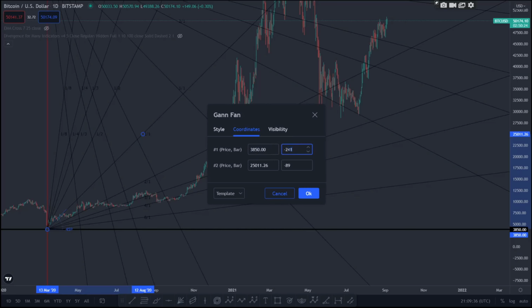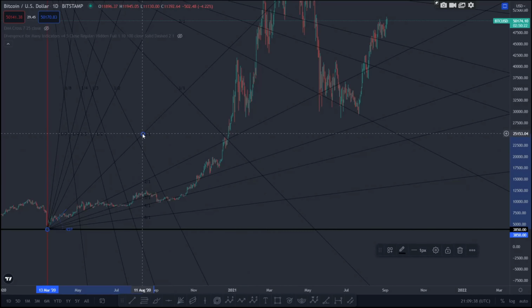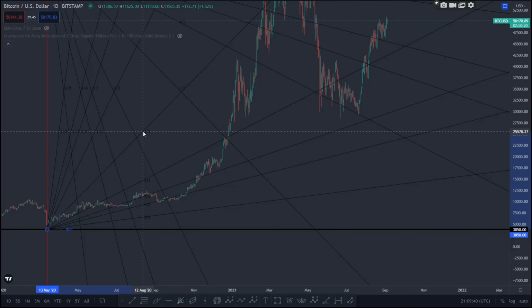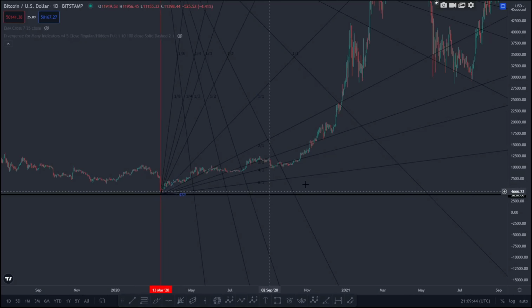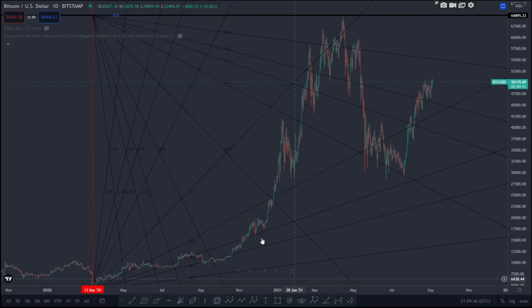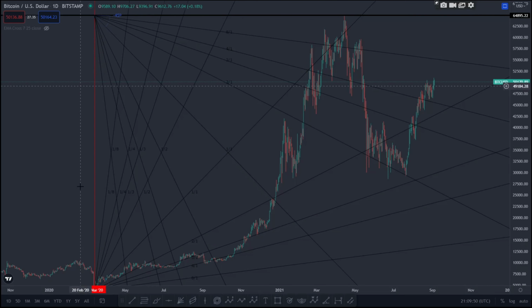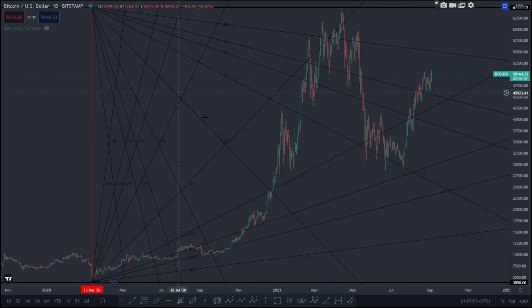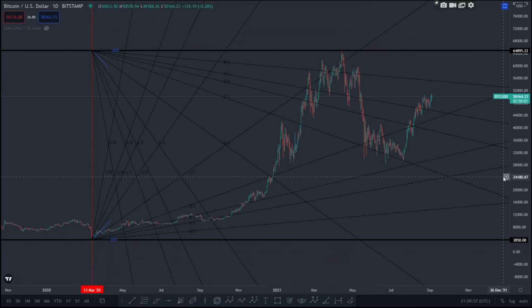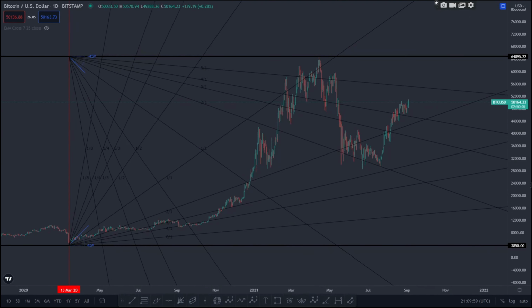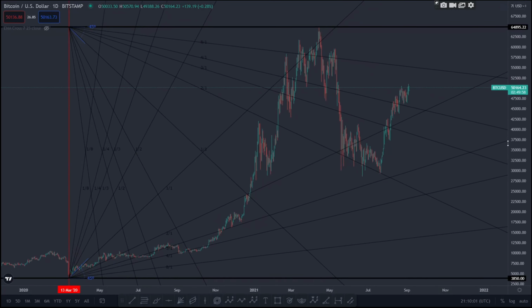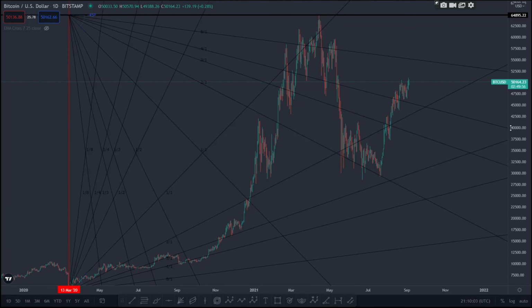This is the low, this is the vertical, and now you want to take the 1 to 1 and place it on the 45-degree angle. Yeah, like this. So now both trend angles, just let me delete this one, both trend angles are aligned with the 1 to 1. All right, now you may zoom, because it won't matter, the Gann fans will stay in their place. You don't believe me? I will show you. Take a horizontal,